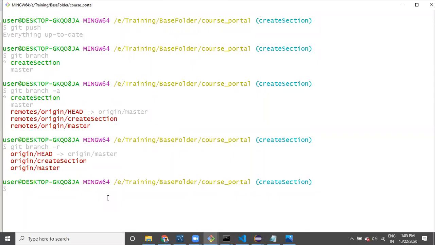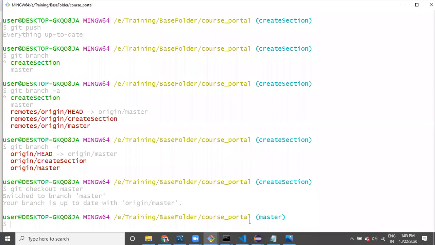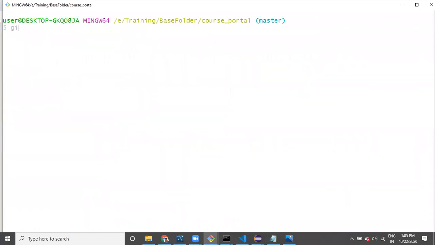Right now, I want to merge this branch to the master branch, meaning that whatever code I have written in the create section, that code should merge to the master branch. To do so, first go to git checkout, go to master. Once after coming to the master, then git merge,